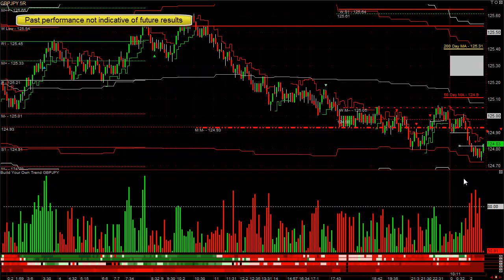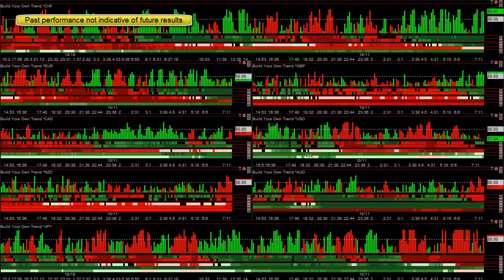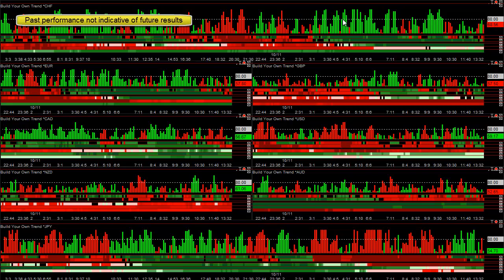All right, so we're out. You can see that's how you use the currency meter to anticipate the trend continuing. And if you look at this throughout the day, you can see the Swiss was very strong today. The yen was very weak. And anytime you have a pattern like this, extreme weakness followed by very little strength, usually the momentum is going